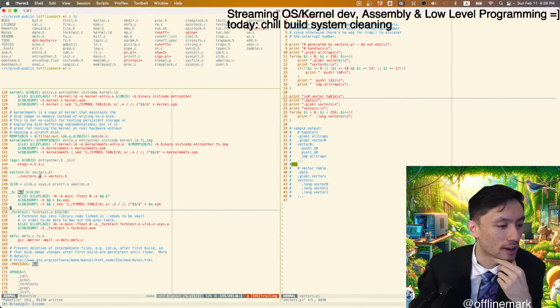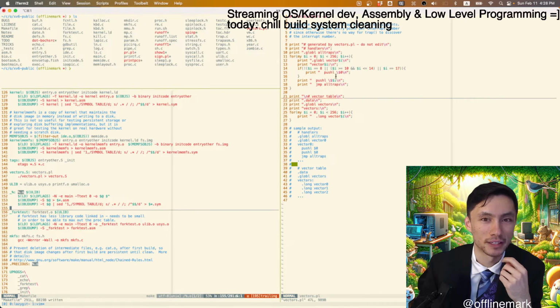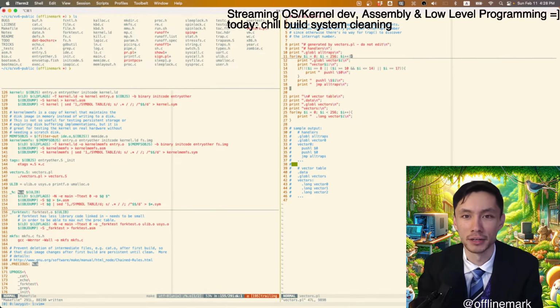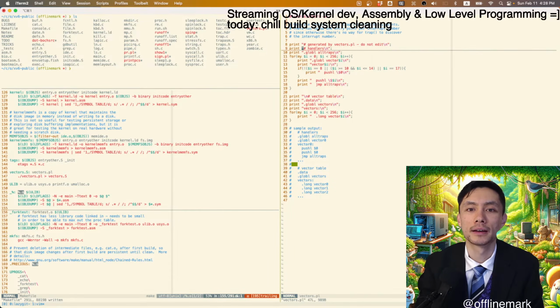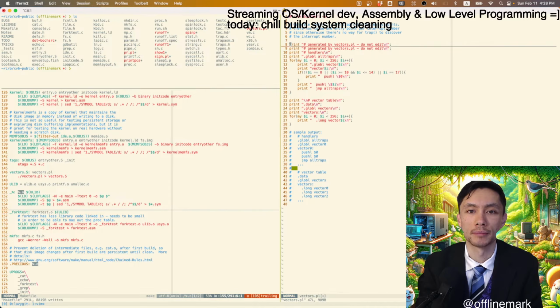Ah, interesting. I see what you mean. So, make the Perl file inject invalid assembly. Actually, that's a pretty cool idea. I like that idea. Thanks for the suggestion. I'm just going to do something dumb. This is a syntax error. So I think if I understand your suggestion, Shivang,